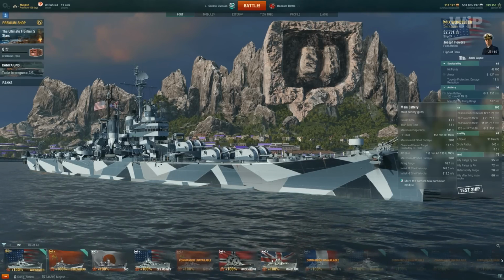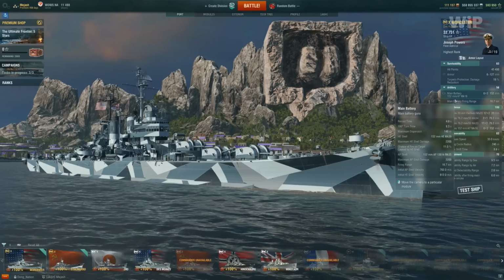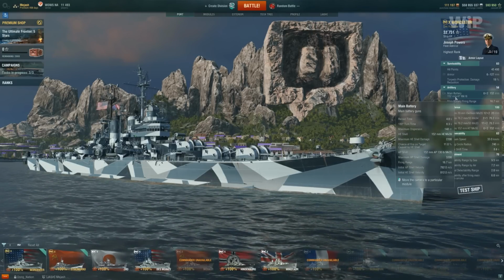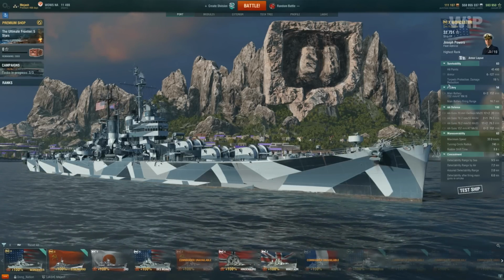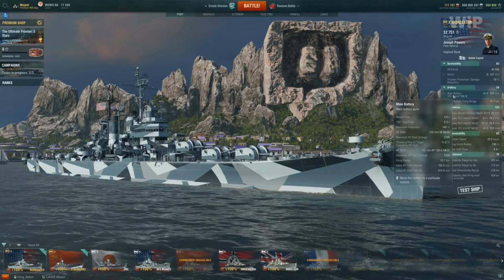I think this is the same as the Cleveland with 812 meters per second shell velocity. So very similar to the Cleveland currently at tier 6. So if you've played that, you know if you get outside about that 15 kilometer range, you have like a 15-second travel time. So if something's sitting still, bow tanking Yamato, bow tanking Montana,